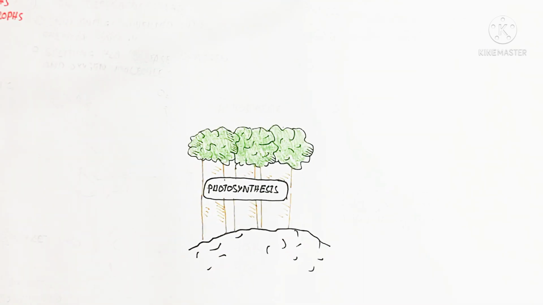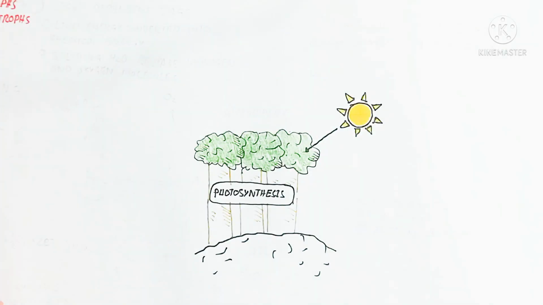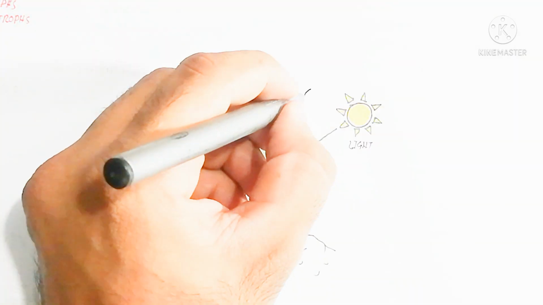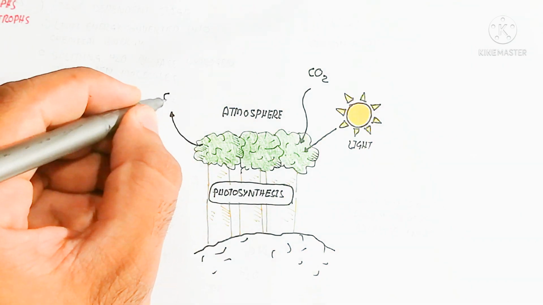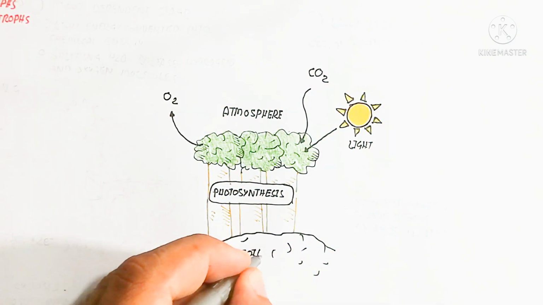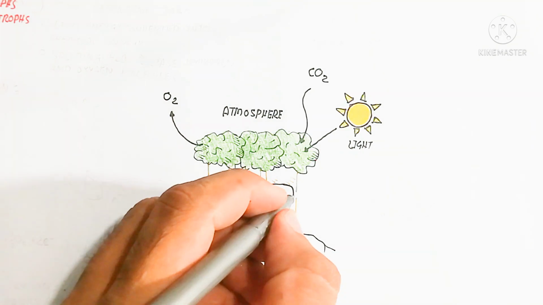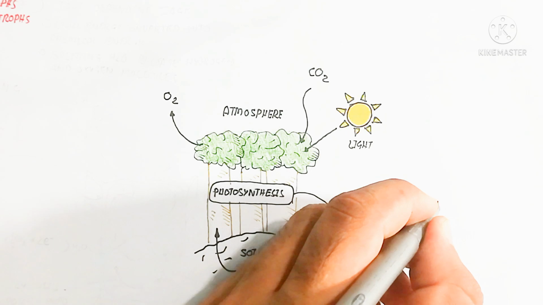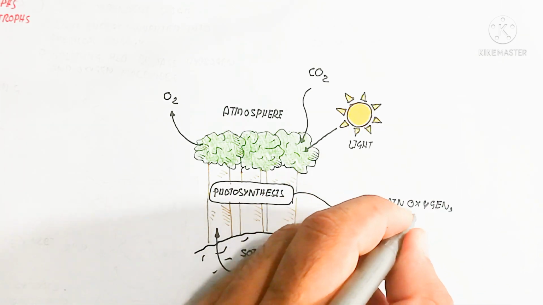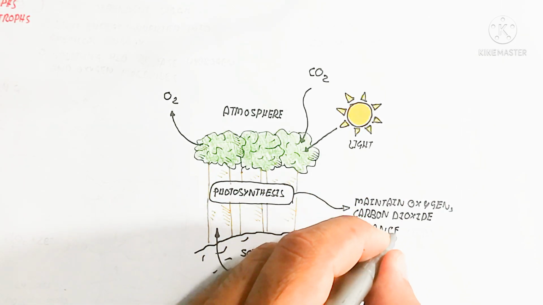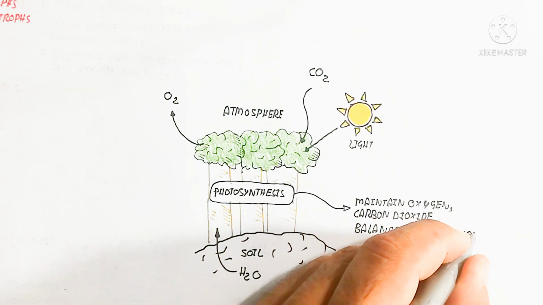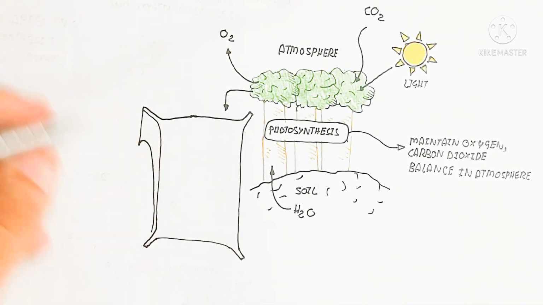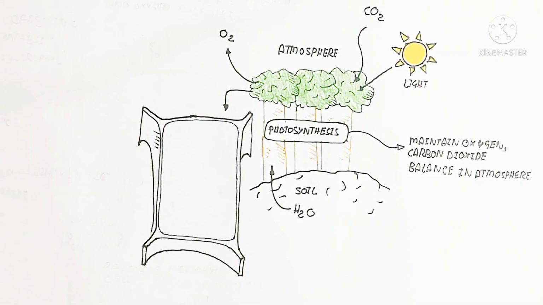Photosynthesis is very important for the production of energy throughout the world, and we are consuming the energy from photosynthesis. Here the light is very important, which falls on the plant, and the plant leaves contain chlorophyll. The soil absorbs water, and water is very important for photosynthesis due to the electron transport chain, providing the electrons from water. Water is important, and on the other hand it maintains the oxygen and carbon dioxide balance in the atmosphere.